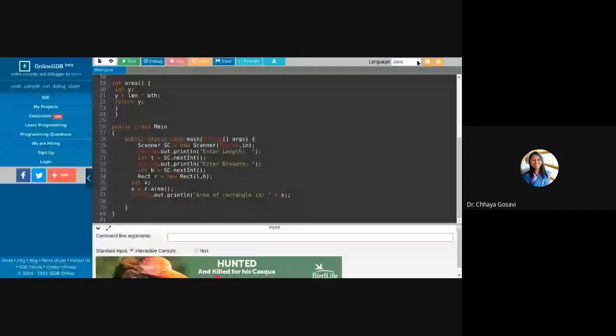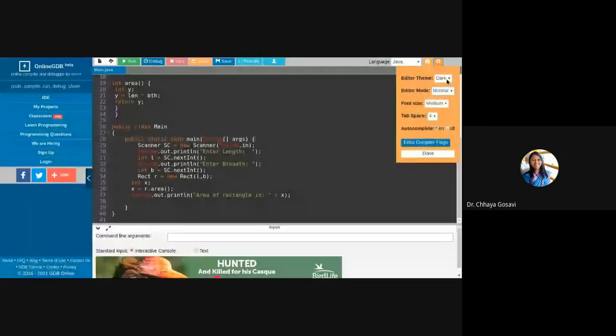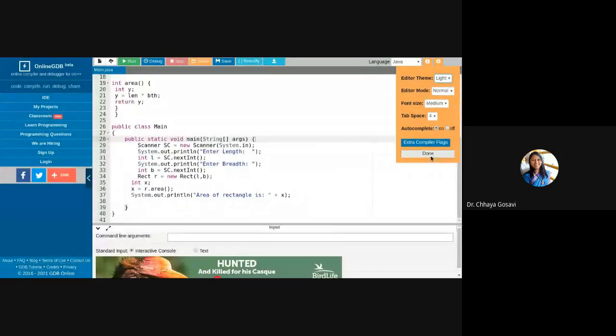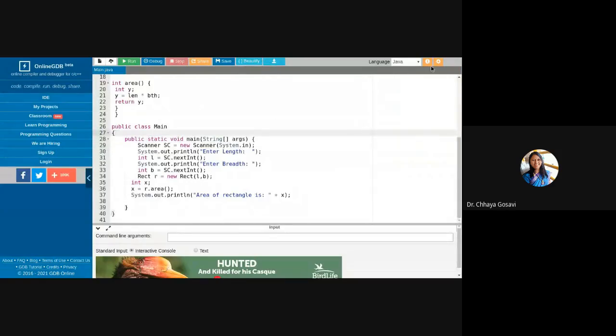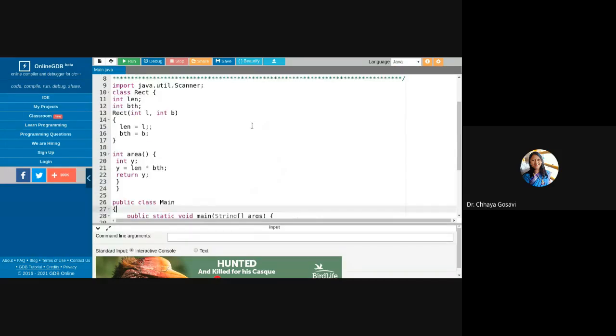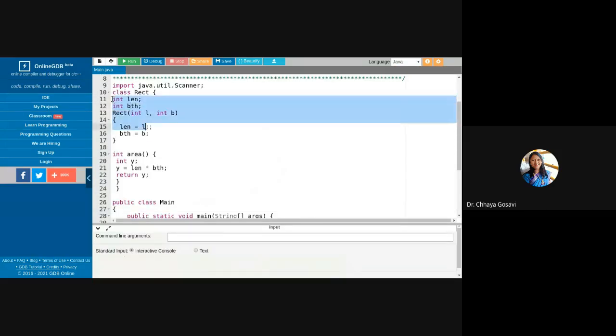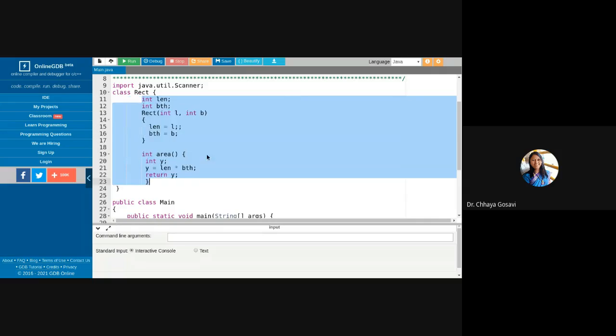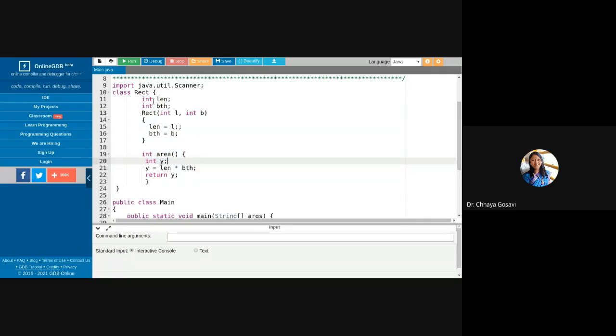So again, I'm sharing with you the same example of Rectangle. Here we have a class Rectangle with these methods, Rectangle and area. It has integer length, breadth, a constructor, and area.